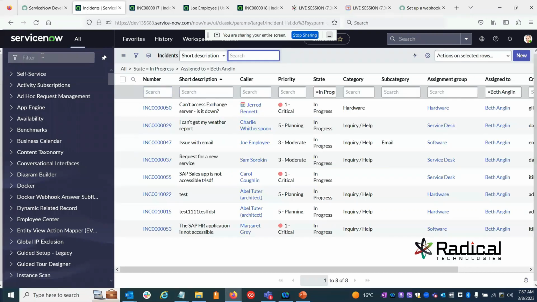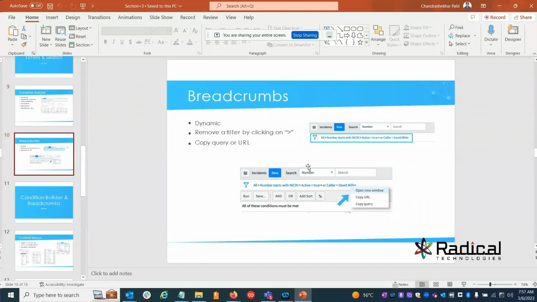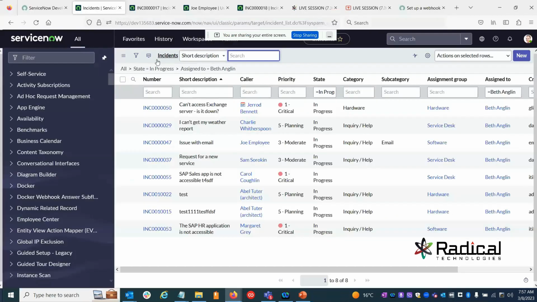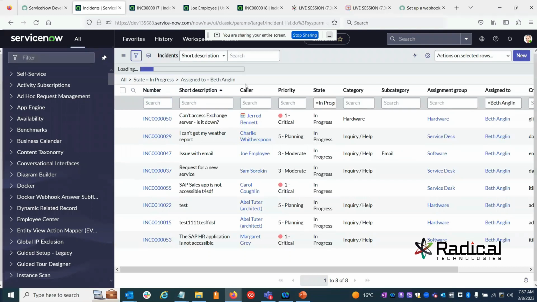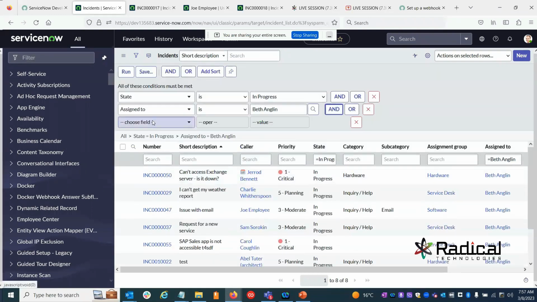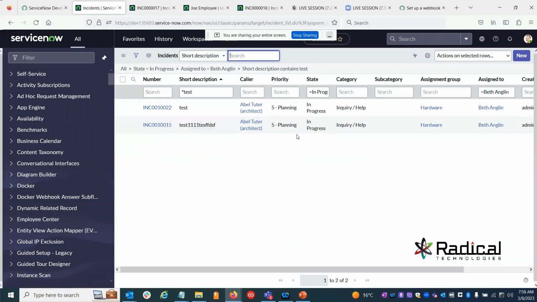Okay, so when you build any condition using the condition builder, there are options like dynamic removing and copying. Let's say when you build this kind of condition using a condition builder, if you wanted to go back